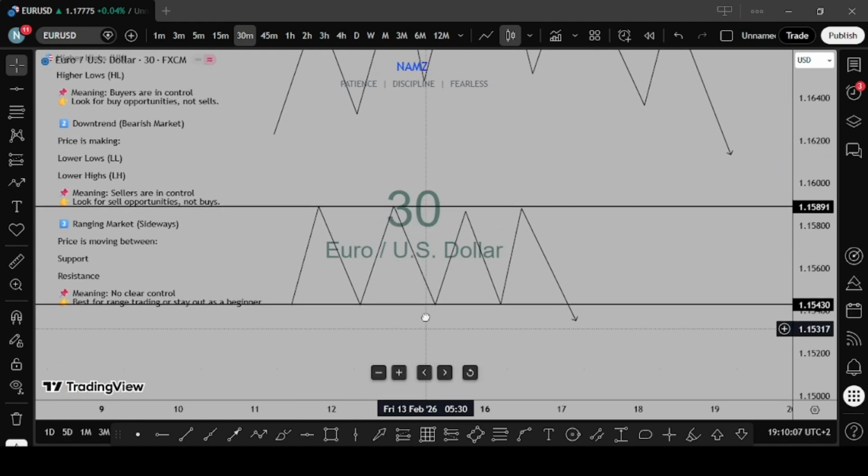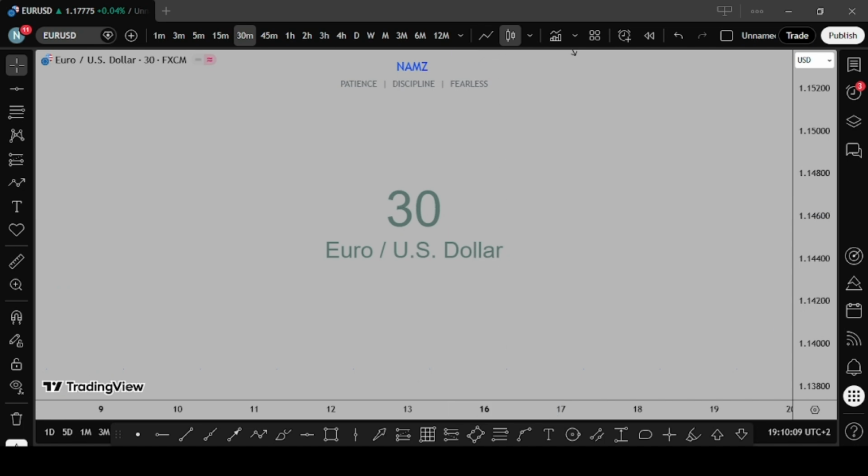So I have something again for you. As a beginner, one thing you need to know is that market structure is the key. Market structure is the foundation of your trading journey. So no wonder I'm starting with market structure, because I don't want you to miss it out, so that at the end of the day,